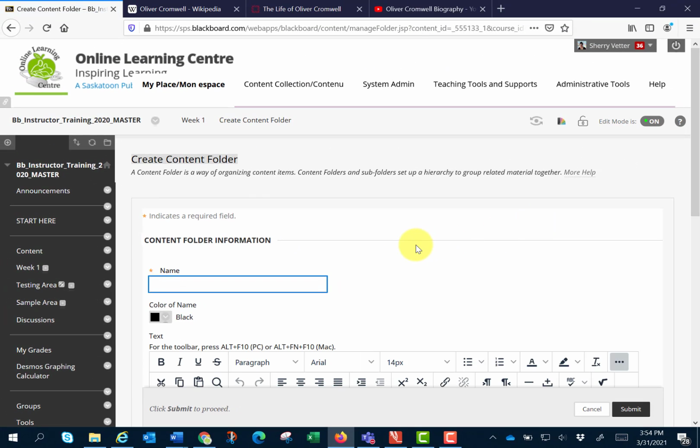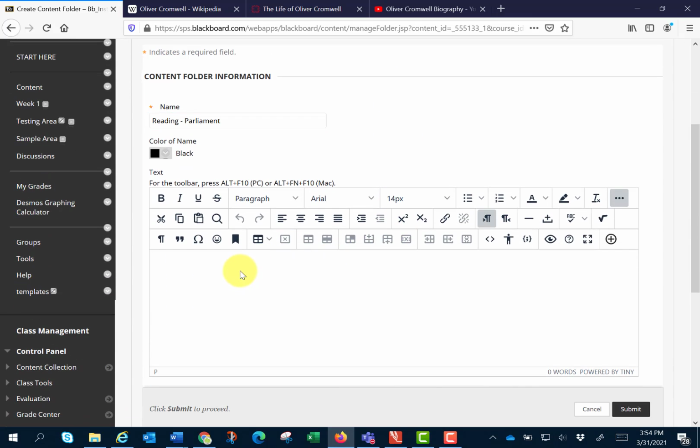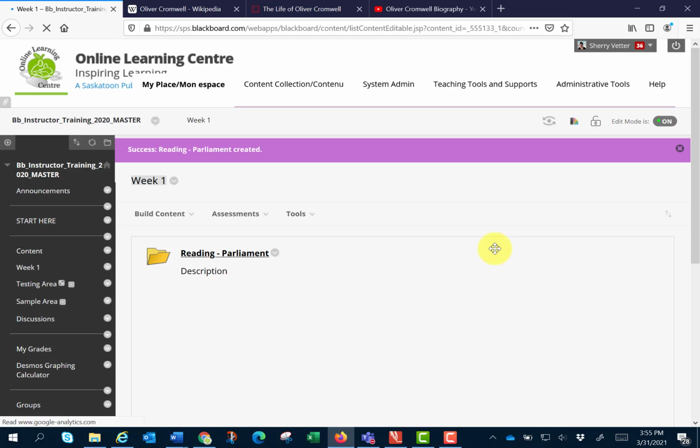We are prompted to give it a name, and you can include a description, images, and links. Click Submit. We now have a folder called Reading Parliament. To enter the folder, we click on the name,